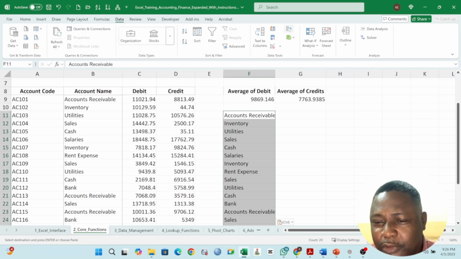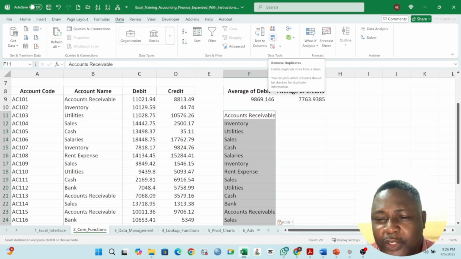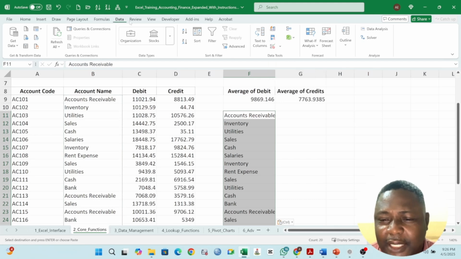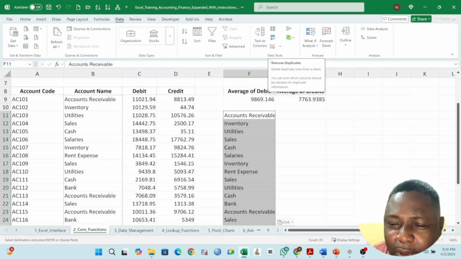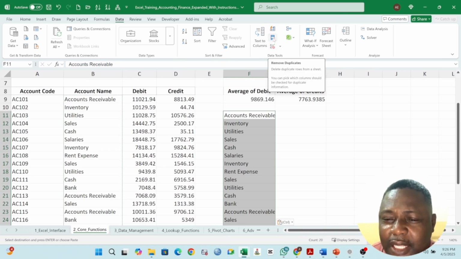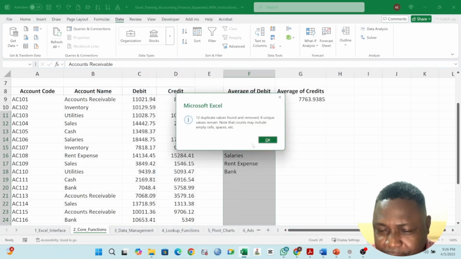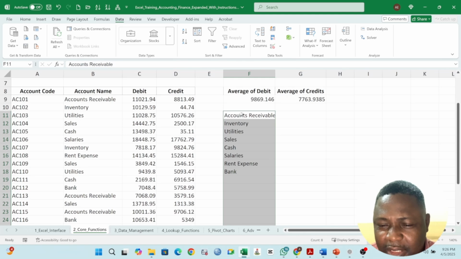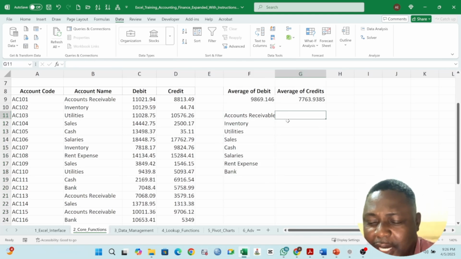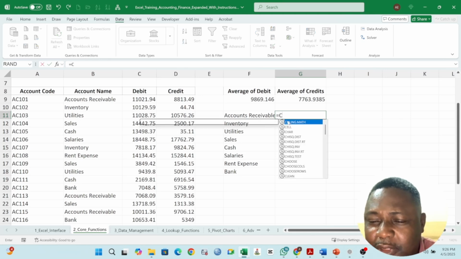So I will use the remove duplicates option. Remove duplicates is on the Data tab, under Data Tools. That will give us the unique values. So 12 duplicates removed, unique values remain. We can now use the COUNTIF,